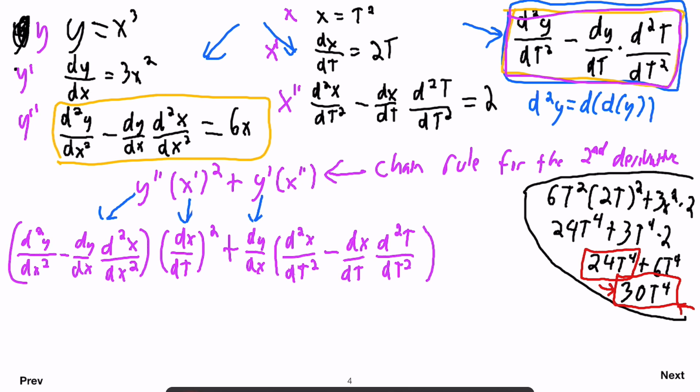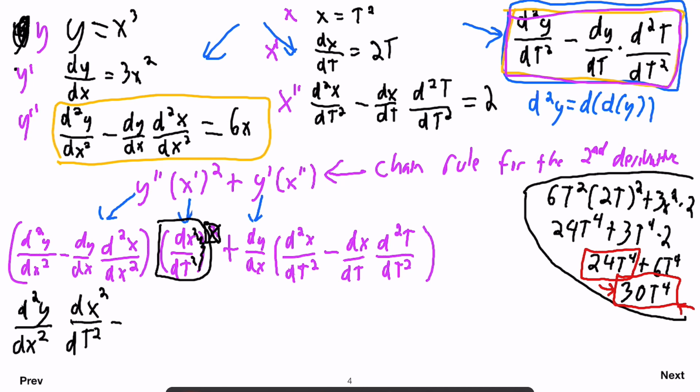Okay, so first of all, we're going to distribute this squared. So this is going to become, we're going to just scratch these out, dx squared over dt squared. So that's going to make our lives a little bit easier. And so let's first start by multiplying these things through. So we're going to have d squared y over dx squared. We're going to multiply that term by this guy, dx squared over dt squared, minus dy/dx times d squared x over dx squared. And again, we're distributing this guy, so we're going to put him here, dx squared over dt squared, plus,